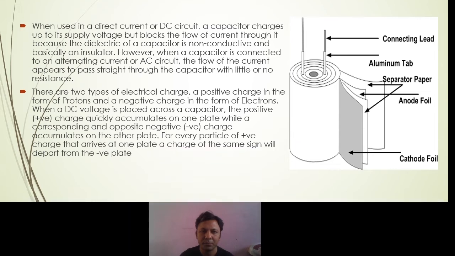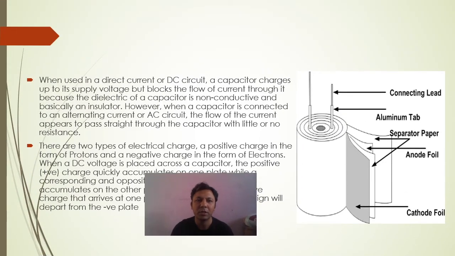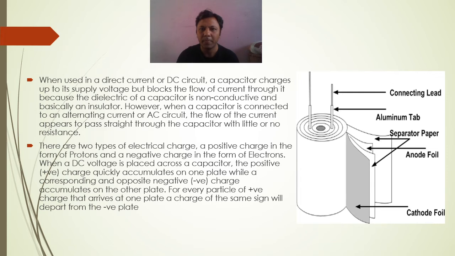Here is the manufacturing of the capacitor. Look, these are the two leads which are extracted: one cathode foil, then one separator paper, then the anode foil, and another separator. Look, cathode foil and anode foil are both different materials. Whatever materials are considered for the cathode and for the anode, that foil you attach with a separator. You can use insulating paper as a separator.